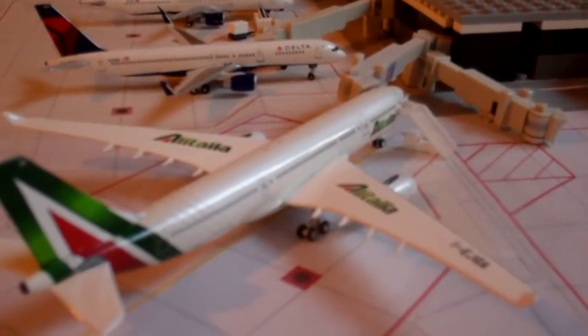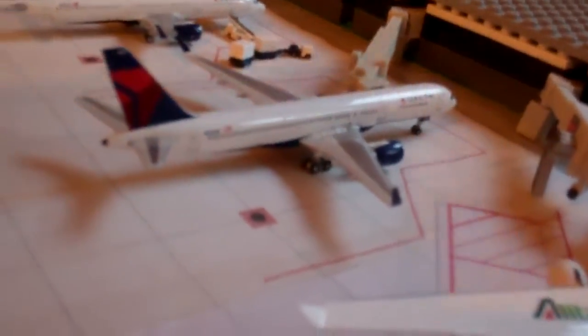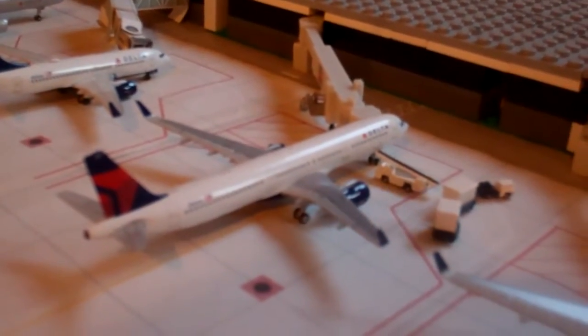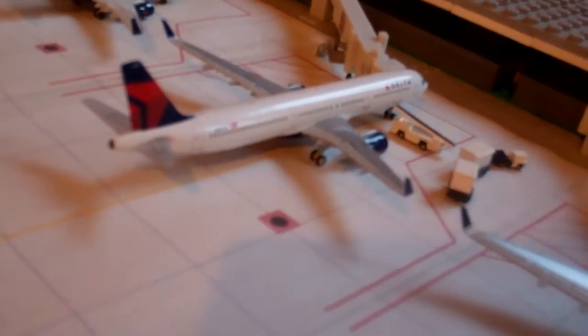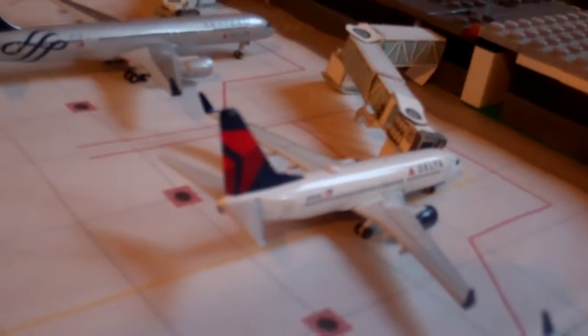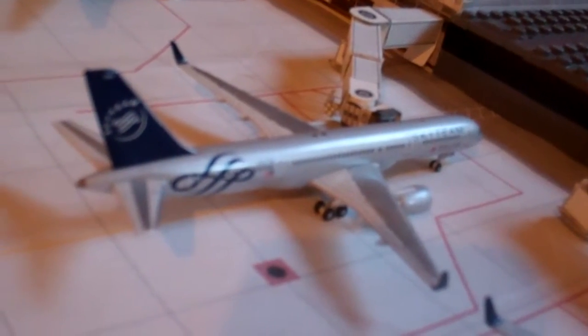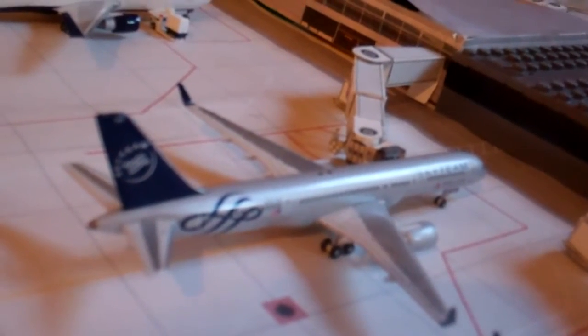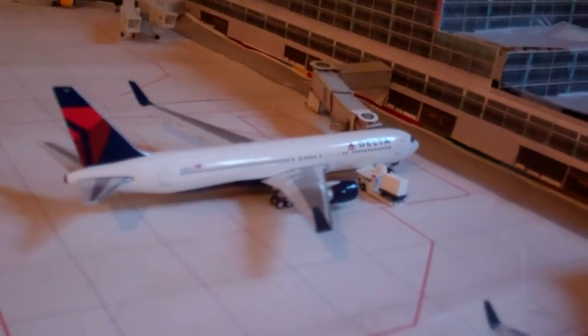Anyways, after that's an Alitalia A330-200 headed to Rome. Delta 757-200 passengers are deplaning from Seattle. Delta A321. This is a new model for me. Gemini's version. Bags and boarding for Fort Lauderdale. Delta 737-700 servicing for Charleston. Delta 757-200 Sky Team boarding Sky Verde for Anchorage. Behind that is our Delta 767-300ER. Final call for Paris Charles de